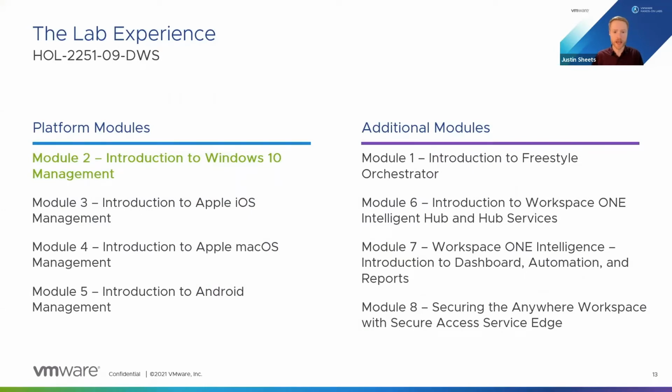Now, for the guided workshop today, we will be taking Module 2, which is the Introduction to Windows 10 Management. The full lab, HOL 2251-09, also includes 7 other modules. We have 4 platform-focused modules, and then 4 modules that focus on adjacent components and solutions, such as Freestyle Orchestrator, a deeper dive into hub services, the Workspace ONE Intelligence platform, and how to secure the Anywhere Workspace with the Secure Access Service Edge. If you're interested in any of these topics, be sure to check out the full lab experience after VMworld at